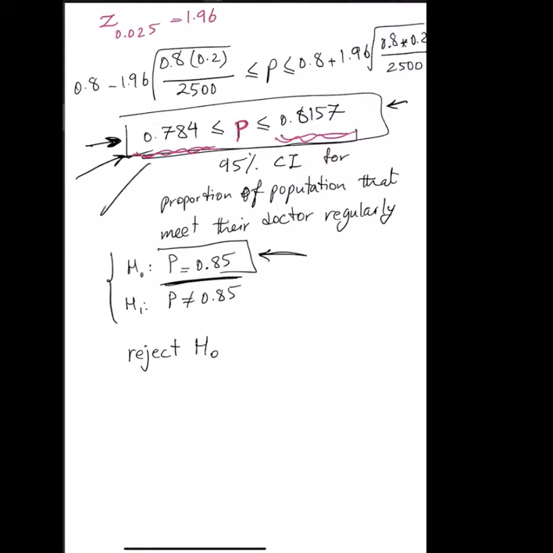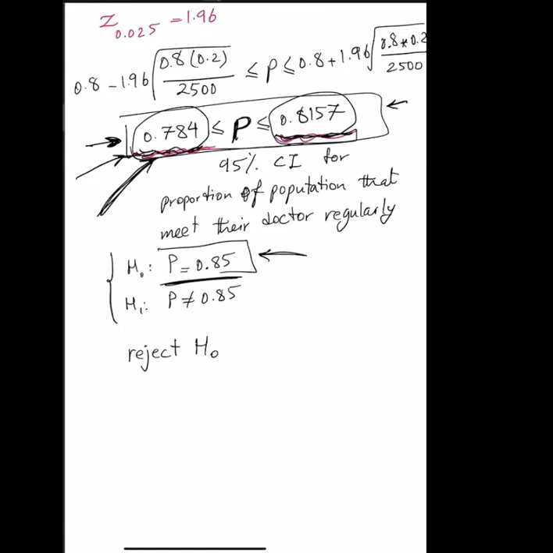Okay. So wait. This is what this interval tells me. The proportion of the population that meets their doctor regularly falls somewhere in this interval, between 78% and 81% almost. I'm 95% confident the proportion of the population that meets their doctor regularly falls somewhere in this interval. Okay? So now if you tell me